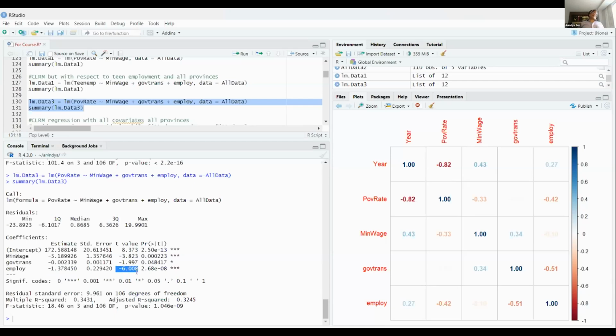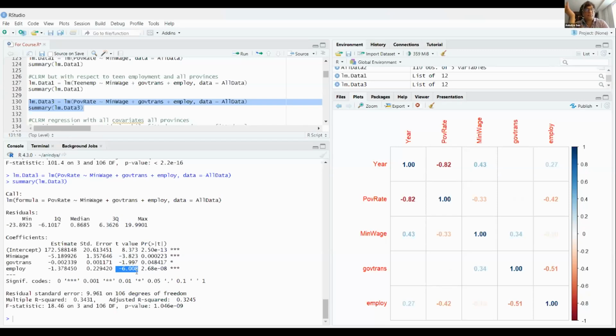So how would you then summarize these results in terms of a story? This is how we began our journey today in the morning. We wanted to find out if there's any relationship between the minimum wage and poverty rate. When we looked at Ontario and Alberta, we found that there is some relationship out there, just visually looking at the data and looking at the correlations. Then we said that we wanted to do something a bit more rigorous, regression analysis, which is the foundation for machine learning and a lot of data science. So when we did that,